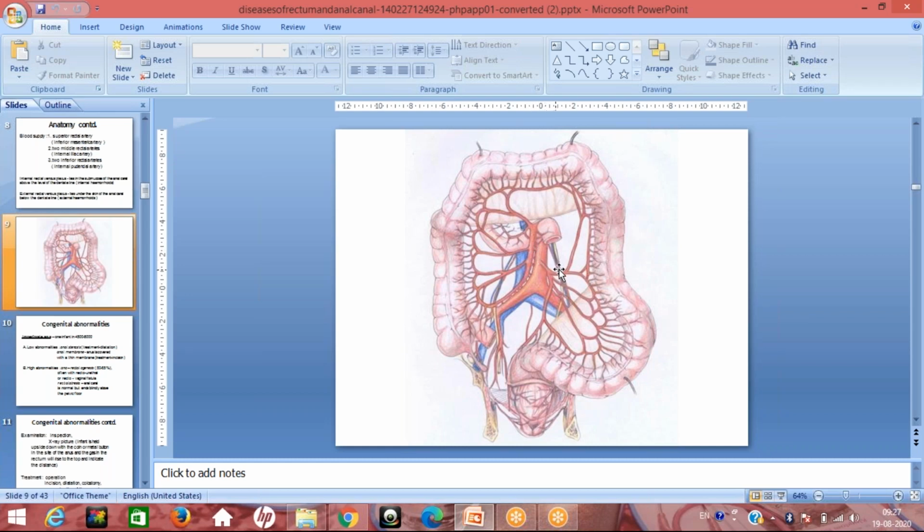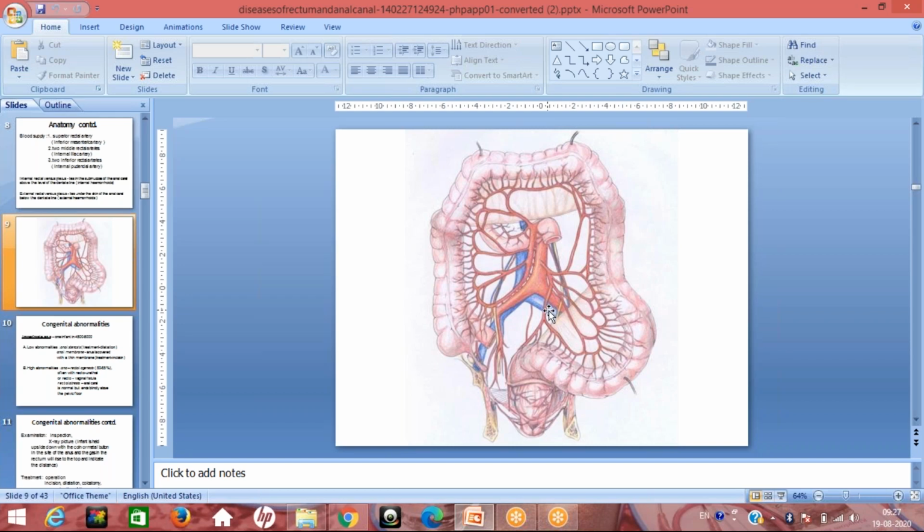The branches of the inferior mesenteric artery include the left colic artery, which has an ascending branch and a descending branch, and roughly 4 sigmoid arteries which supply the sigmoid colon. This comma shaped structure is known as the sigmoid colon. These branches are roughly 4 in number. These are the sigmoidal arteries which supply the sigmoid colon, and the final terminal portion of the inferior mesenteric artery is